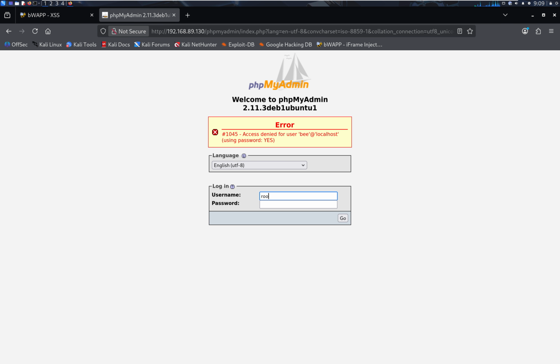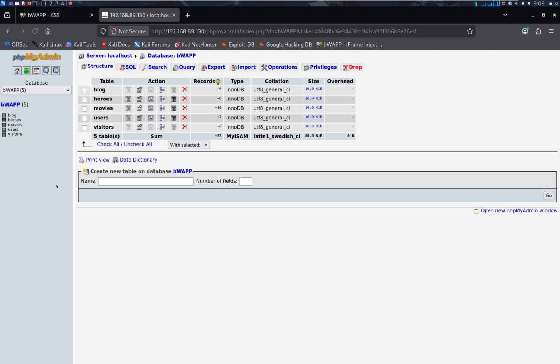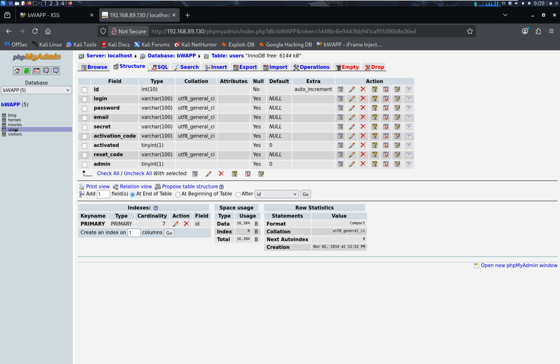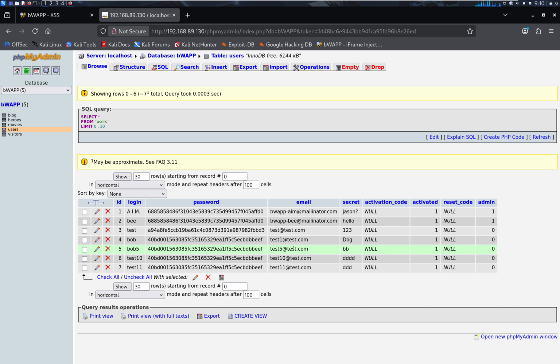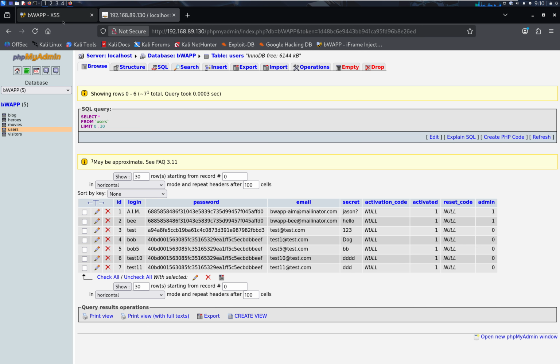So the root bug, okay, the database bWAPP. How about the users, secret? So browse. Hello, yes, so this is the secret. For example, if we change it to something else, like good, change, and if you refresh this page, good. So the secret has been